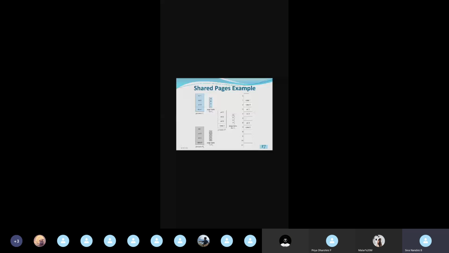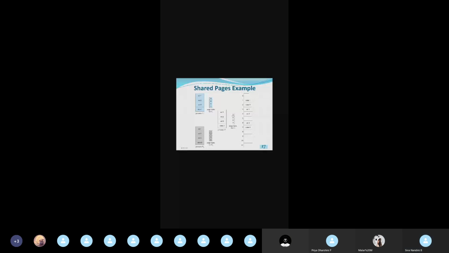See, that white color box represents process P2. In that process P2 also we are having the same ED1, ED2, ED3, the same pages, and only the data 2 is differing. And below that ash color shaded region, on the left side, we are having process 3. The process 3 also holds the ED1, ED2, ED3, and this data 3 is different here, and the corresponding page table for the process 3 is given. See, in the 3 processes P1, P2, P3, we are having 3 pages common for all these 3 processes. That is, ED1, ED2, ED3 is common for the 3 processes P1, P2 and P3.